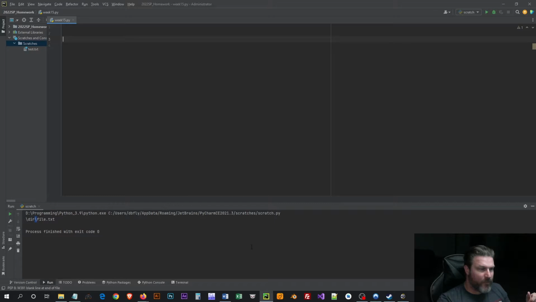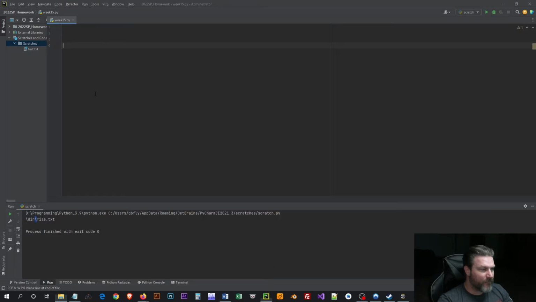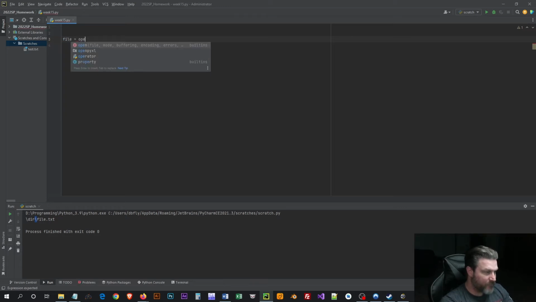So back in PyCharm, for instance, I have a couple of files already in here, like the lorem and lorem paragraphs. You'll see these later for some assignments. But if I just want to open and read it, right, the file open,